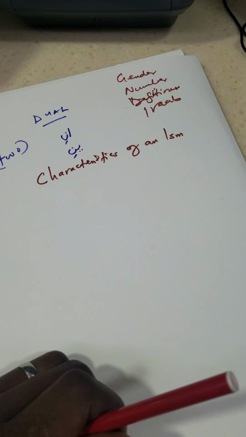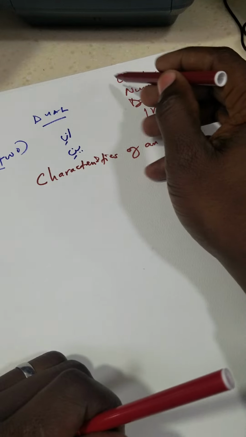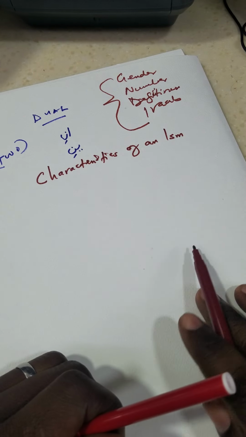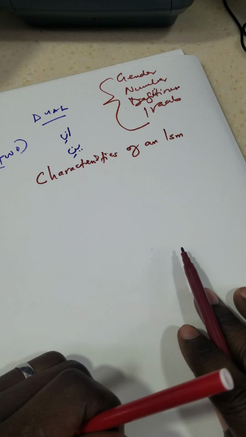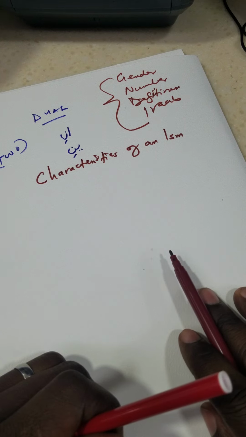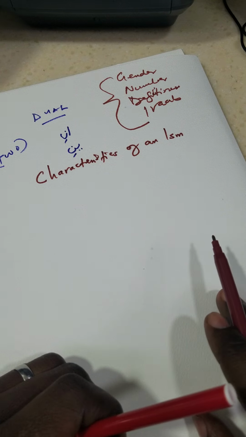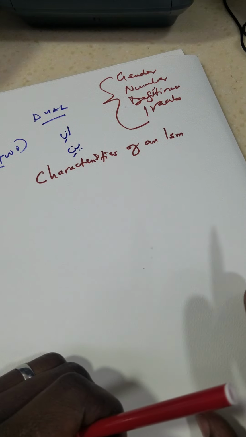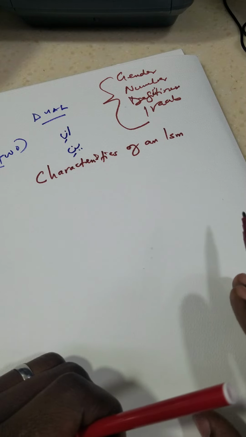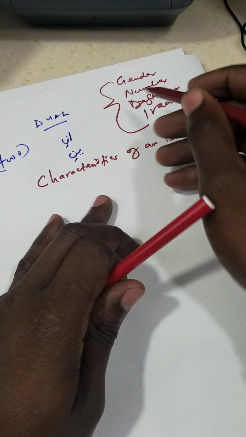So we're looking at these four characteristics. Is it a definite or an indefinite isim? What's the gender? What's the number? And what's the irab? Now irab, I told you we are going to handle later, but now we are looking at the number. And remember, the last time we met, we said these two things,